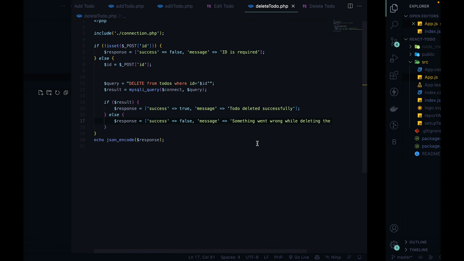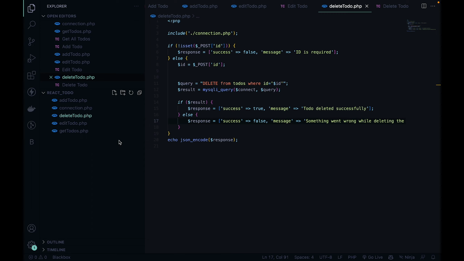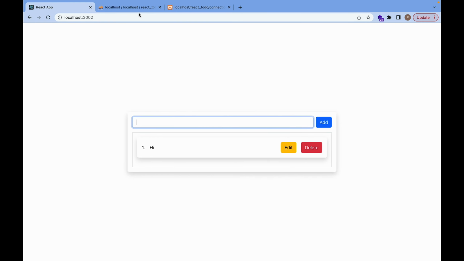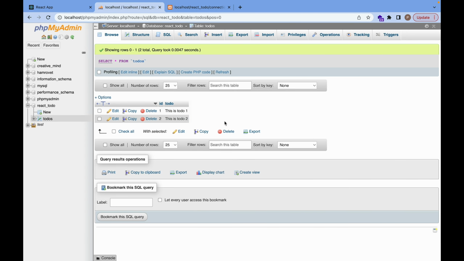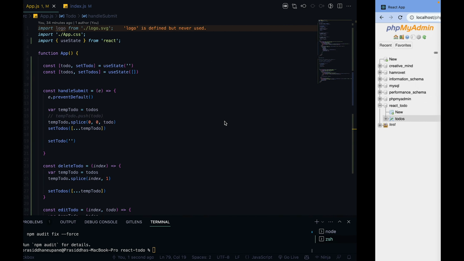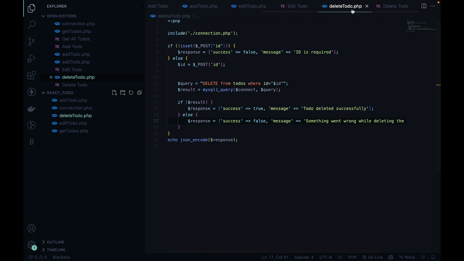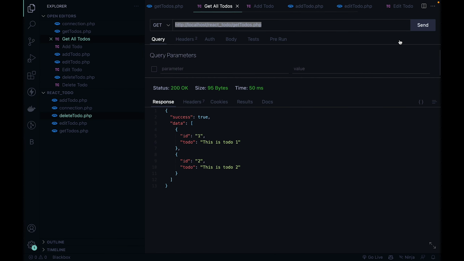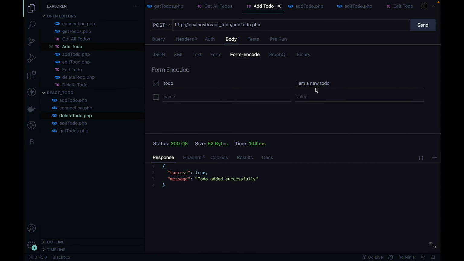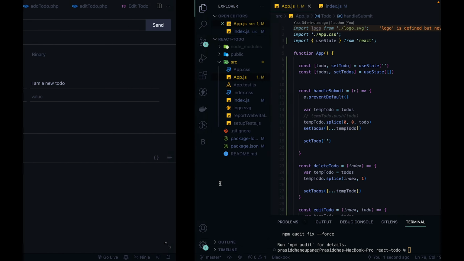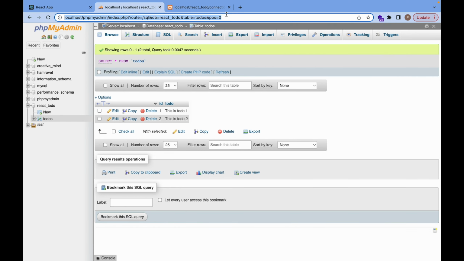So in the previous video, we created the APIs and made some manipulations to the database. We have added, edited, and deleted. So let's try that again. We have our multiple APIs over here. Get all to-dos, send this. So we have all the to-dos. Add to-do: I am a new to-do, send this. To-do added successfully. If I refresh this,